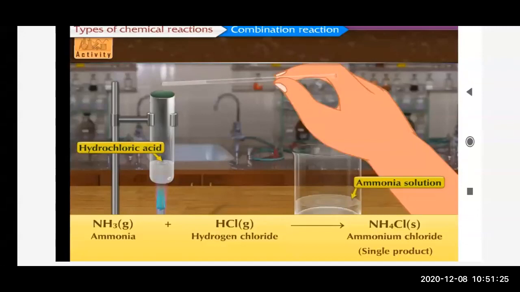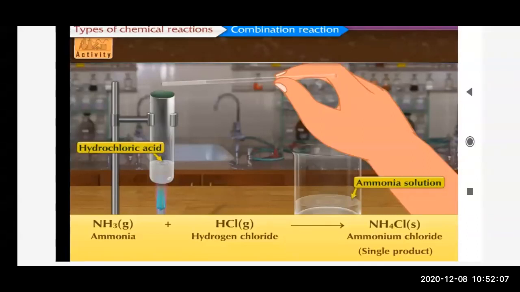Once again I will repeat what happened when hydrochloric acid is heated in a test tube, and a glass rod dipped in ammonia solution is held over it: white smoke emanates from the tip of the glass rod. Why does this happen? Due to heating, the HCl vapors come out of the test tube, and ammonia gas comes out from the solution on the glass rod. The ammonia gas and hydrogen chloride gas react to form the salt ammonium chloride, first in the gaseous state, but immediately, due to the condensation process at room temperature, it is transformed into the solid state.